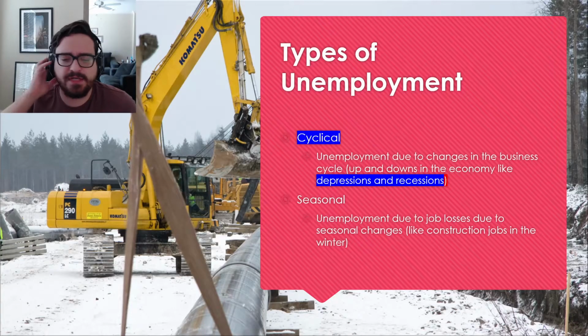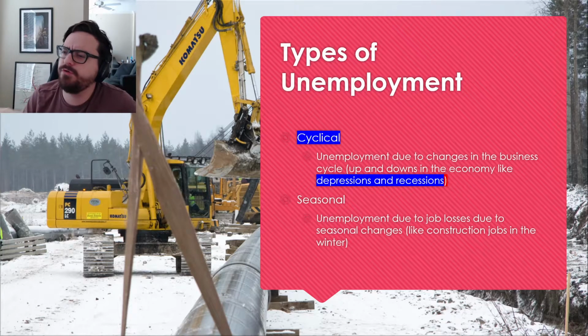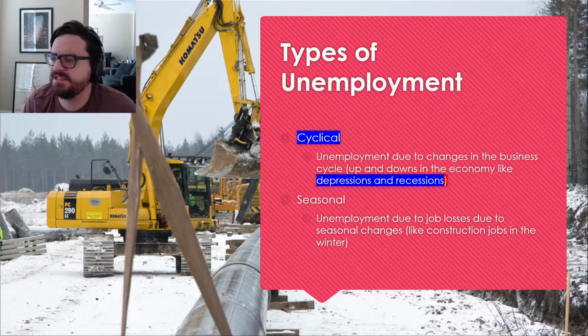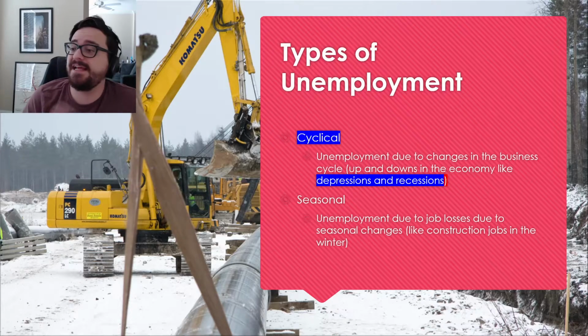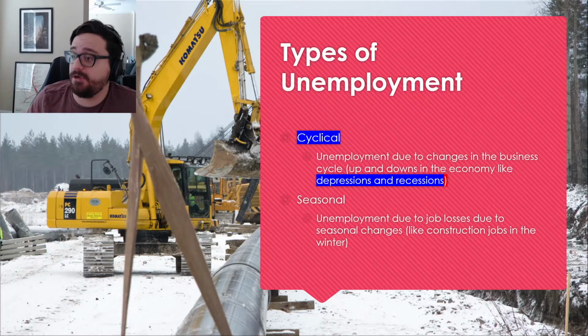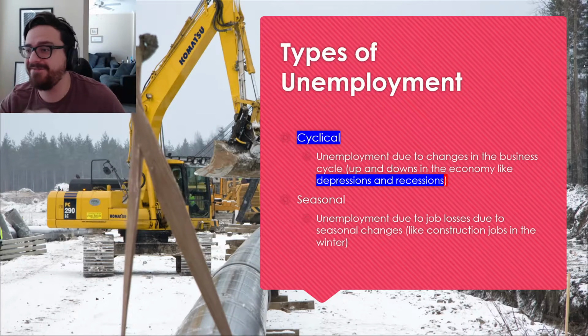Ooh, I double scrolled. Okay. The last two types. The third type that you need to know. The fourth one you don't need to know for the AP exam, but it's good to know that it exists. The third type is called cyclical unemployment, and this is the one that we're experiencing right now. This is bad. Cyclical unemployment is not good. This is one that you don't want to have.